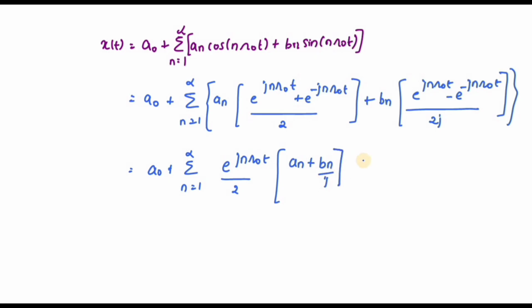Similarly, if I take e power minus j n omega t common, I can write an by 2, you can take it common, minus bn divided by j. Okay,